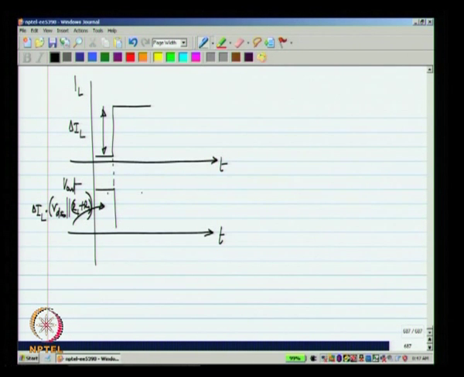And then the feedback kicks in, it will take some time, there will be slowing and settling of the feedback and finally it will settle down to the right value, okay. And after it settles down, the difference between the original and this one will be equal to delta IL times R out, which is rather small, but the transient voltage dip will be very large and this is clearly undesirable, okay.